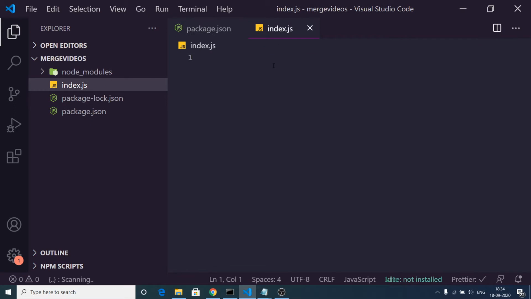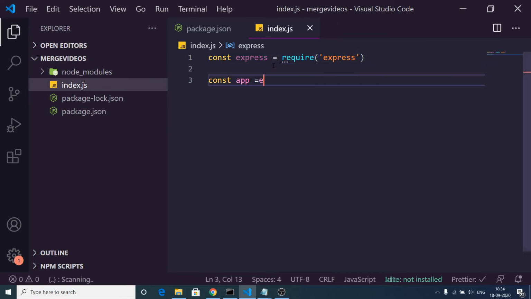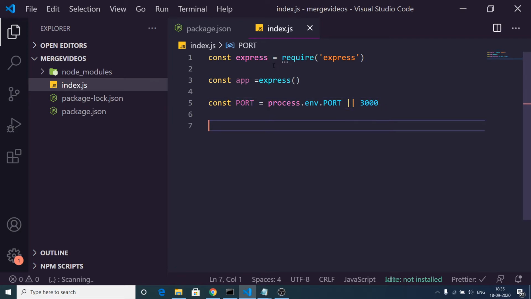And now inside this we will first of all make a simple Express server. So we can just require Express, and then we can have our app is equal to Express, and then we can have our port number. So this port number will be either process.env.PORT if you are working for production, or run this at 3000 port.